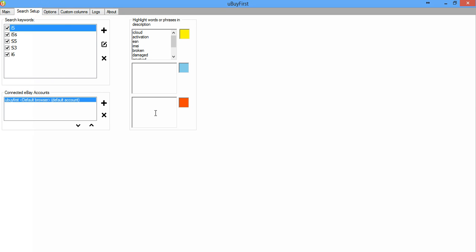I also might add in here different carriers, where some people will list an item and choose the wrong category or product catalog ID for a certain carrier, and then in the listing description they might say it's something different. Since that is a major purchasing criteria, because not every iPhone is the same, the carrier can vary in price, and one of them I might be buying and another one I might not be, or maybe I'm buying both of them and there's just a different price, I'll add